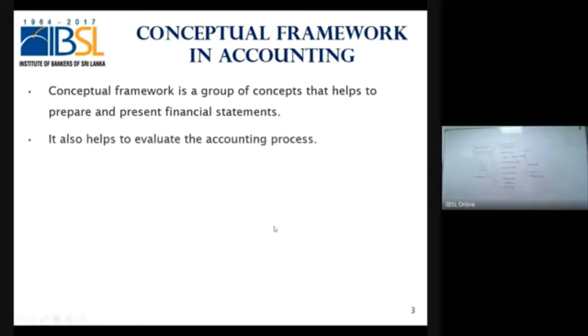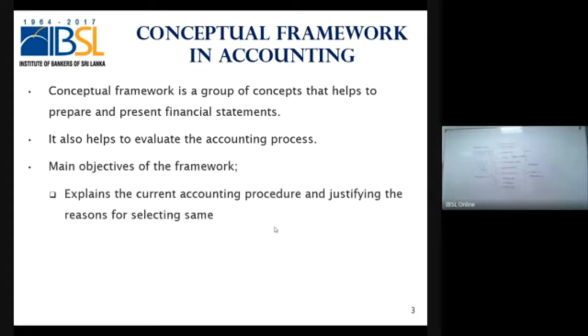It also helps to evaluate the accounting process. Now, the accounting process is also something we will learn. Whether your accounting process happens correctly will be evaluated through this conceptual framework. The main objectives of this framework would be to understand and explain the current accounting procedure and justify the reasons for selecting some. During our course, we will learn a lot of concepts, we will learn a lot of standards,